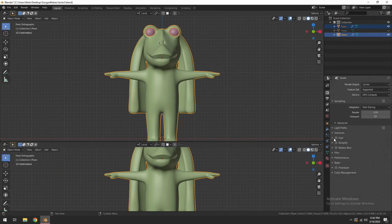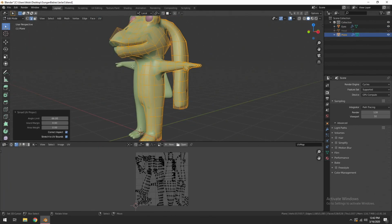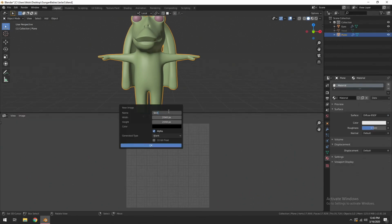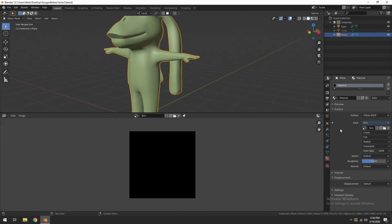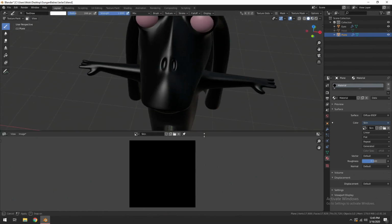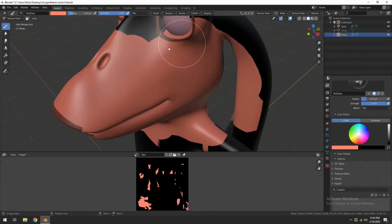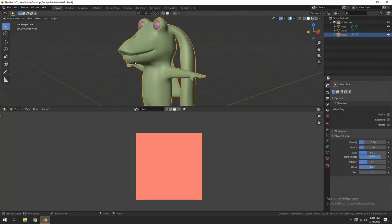So here I consider the topology process finished. This is where I start to UV unwrap the model and make a texture for it. And again, I run into some problems where I think I have to unwrap the model several times, because right here I realize that there are some painting errors,